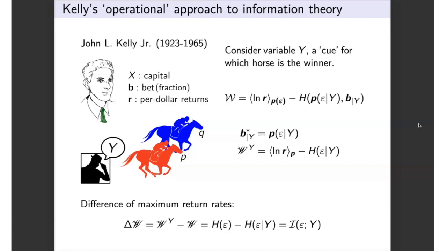How much? So if I'm at the maximum with side information, and if I'm at the maximum without side information, what's the difference between these two states? It turns out to be exactly the mutual information between the random variable that determines which horse is going to win, and the random variable, which is this side information. And so all of a sudden we have, almost amazingly,